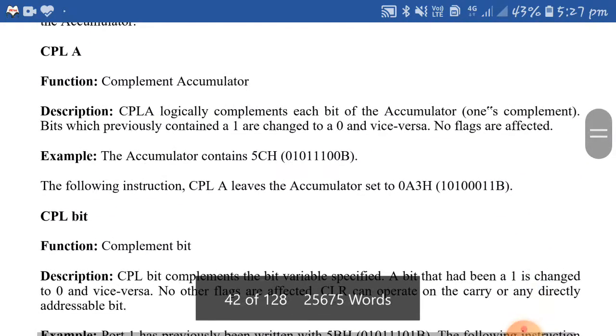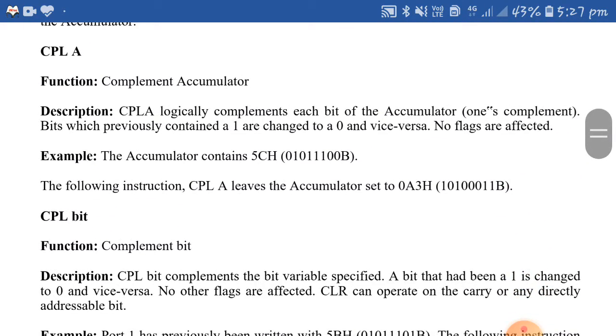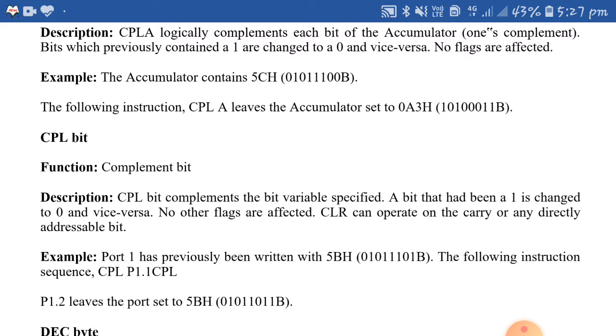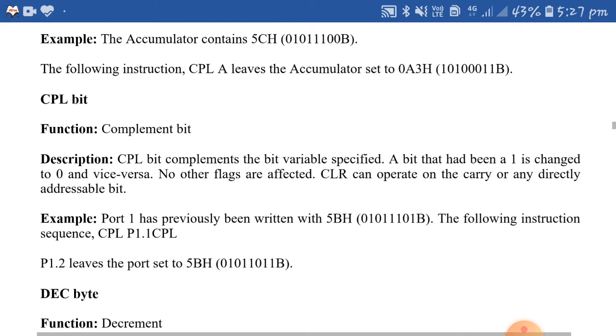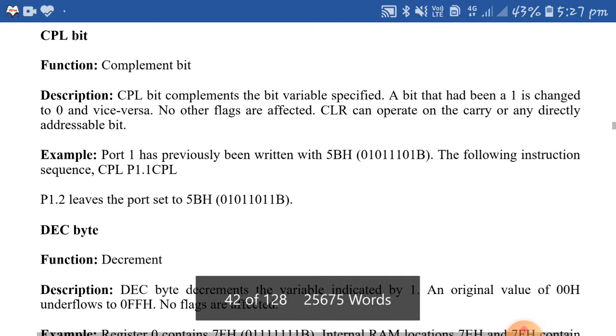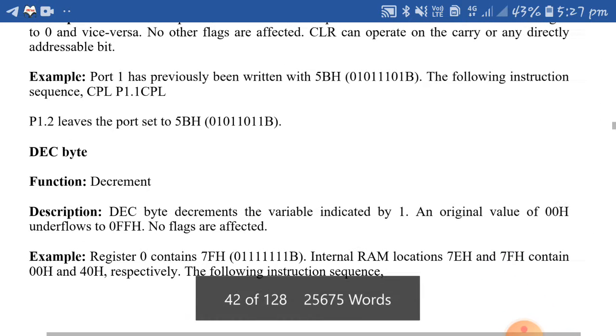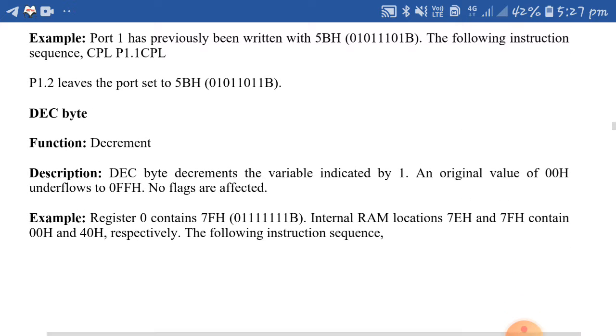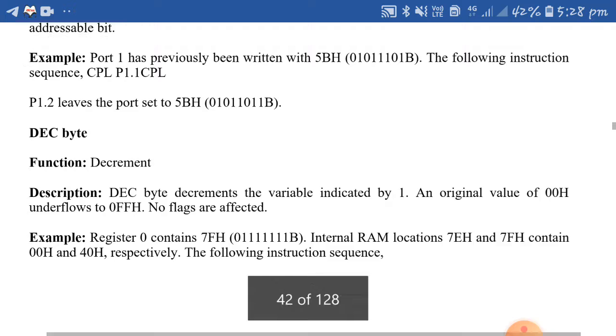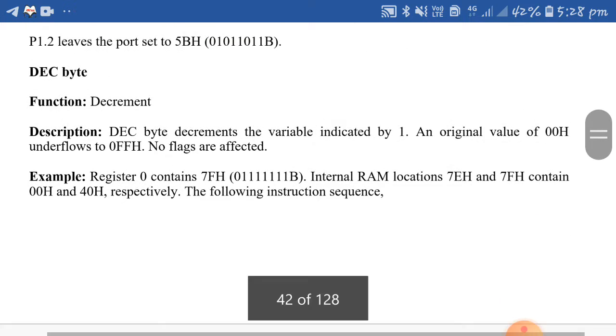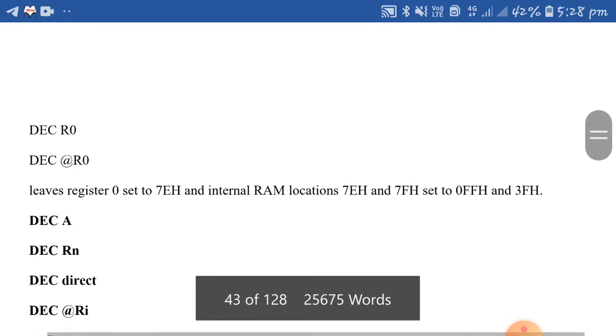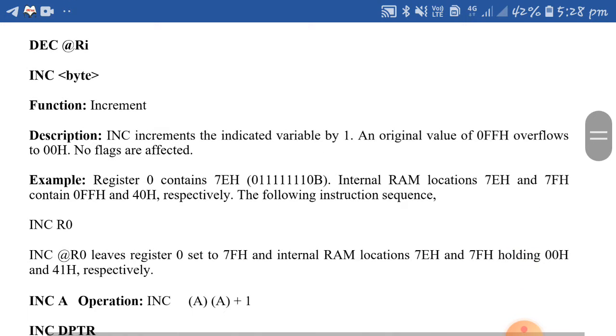Now next, complement. It is going to complement the accumulator contents. The ones become 0, and 0 becomes 1. Complement bit, a single bit: if the bit is 1 it becomes 0, and if it is 0 it becomes 1. Decrement byte: it is always decremented by 1.